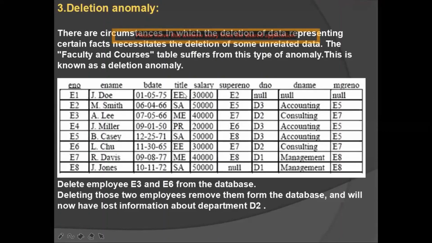मतलब in my particular table के अभी देखो यहाँ पे D2 इज रिपीटेड. ओके, और कंसल्टिंग, कंसल्टिंग और कहीं पे भी कंसल्टिंग नहीं है. तो अगर मैंने ये D2 को भी हटा दिया, कंसल्टिंग, मतलब अभी मेरे टेबल में ऐसा कोई डिपार्टमेंट ही नहीं है नेम्ड कंसल्टिंग एंड विद एन आईडी ऑफ D2. राइट, मतलब मेरा वो जो डेटा है वो इंटायरली चले गया. राइट, विच इज नॉट करेक्ट. फाइन, so that's one kind of anomaly that exists, and that's known as your deletion anomaly. So these were three types of anomalies that we covered for today.